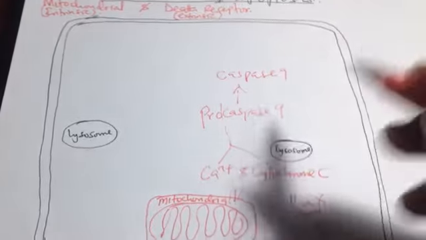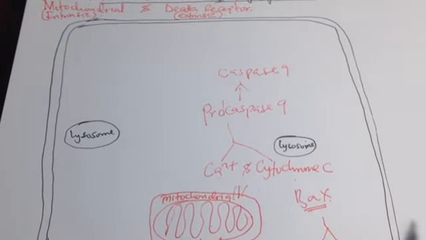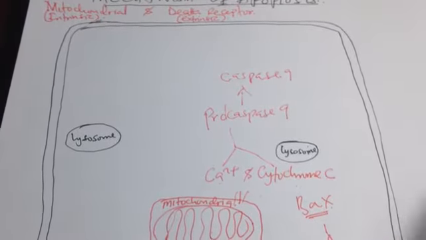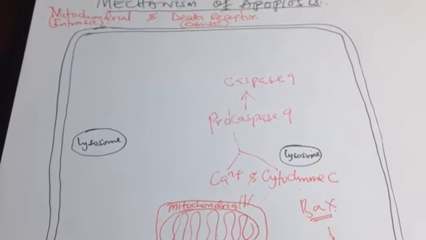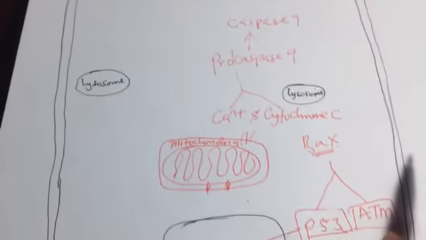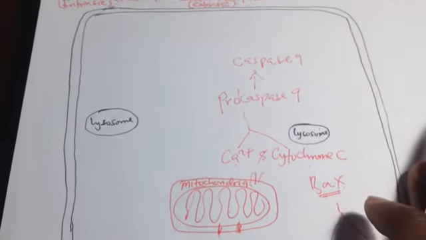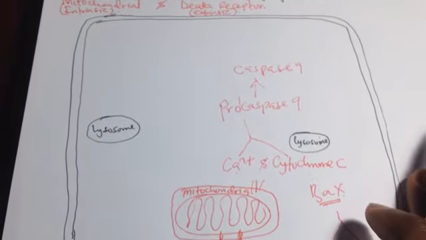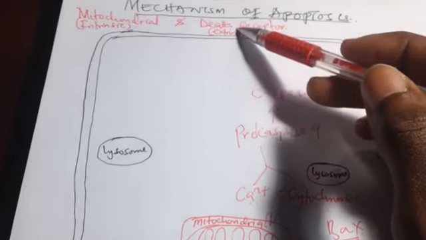This caspase 9 will participate in the breaking down of some proteins found in the cells. As we have already known, for a cell to undergo apoptosis, it has to degrade its own proteins in order to undergo that kind of death, especially the proteins found in the cytoplasm. So that is it.